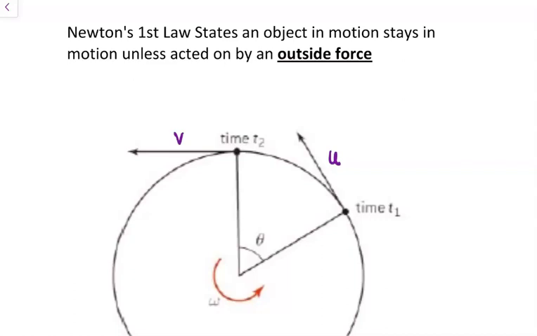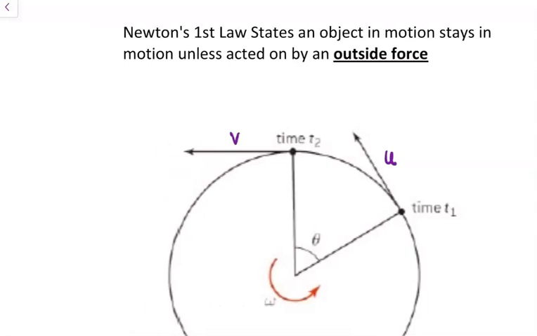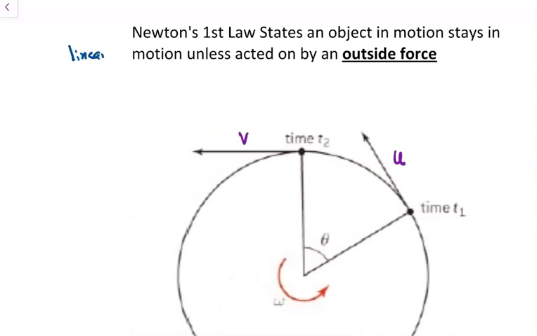Newton's first law states an object in motion stays in motion. And what we did not say is an object in motion stays in linear motion unless acted on by an outside force. When you roll a marble, it rolls straight. It doesn't curve, it doesn't turn unless there's a force pushing it left or right, like going down a hill or something. So that means the object wants to stay in some linear path, and in order for it to move in a circular path, it needs a force acting towards the center. So it needs to have an acceleration acting towards the center for it to change its